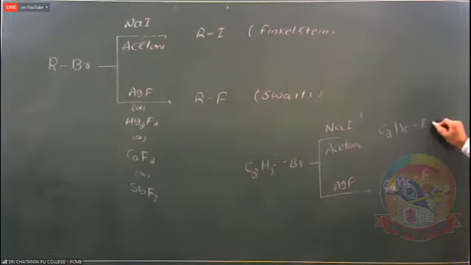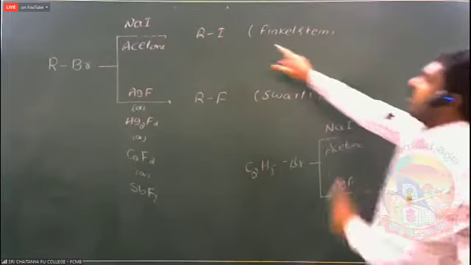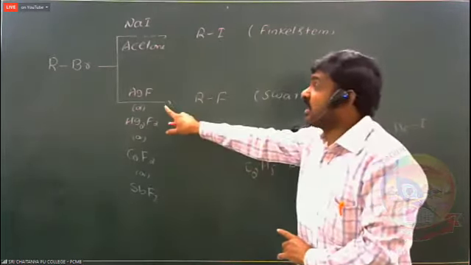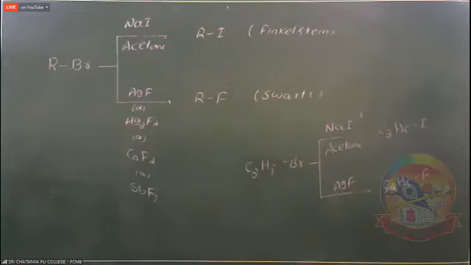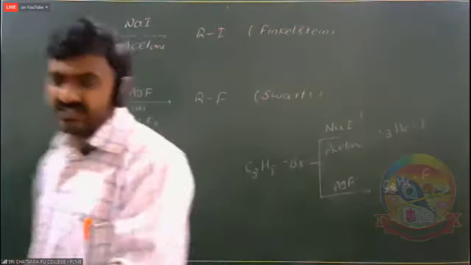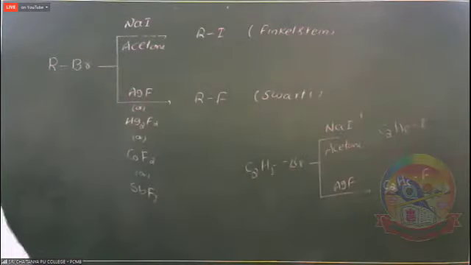So conversion of bromide to iodide is Finkelstein reaction. Conversion of bromide to fluoride is a Schwarz reaction. Reagents are very important. Okay, so it is the interconversion. Finkelstein reaction, and the second one is the Schwarz reaction. Okay, next. So in the preparation of alkyl halides